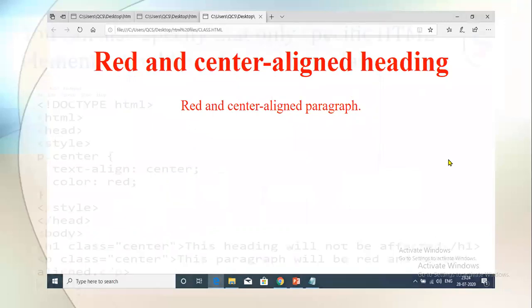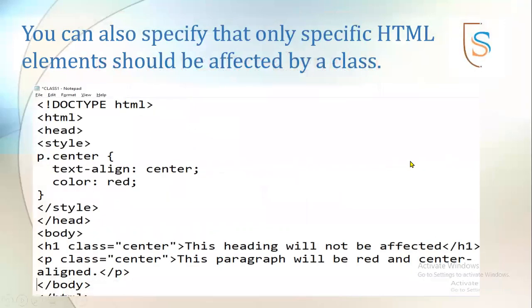Okay, now we will do another example. What you can also do is specify that only specific HTML elements should be affected by the class. For example, you wanted to affect only P elements that have the center class.